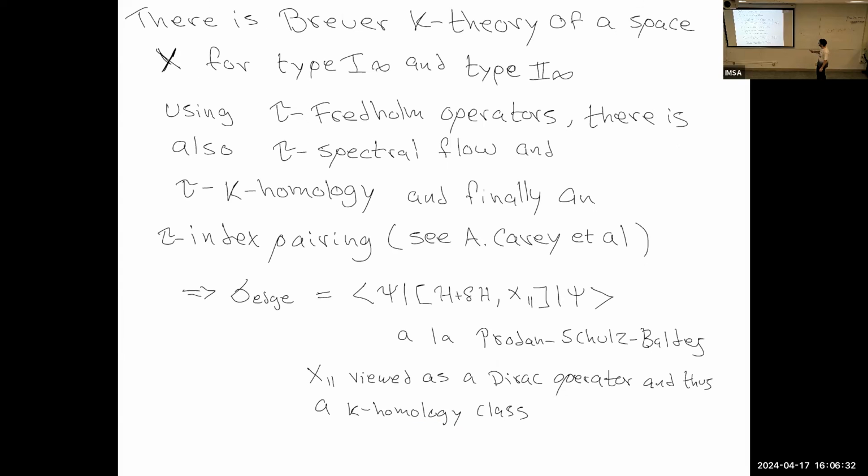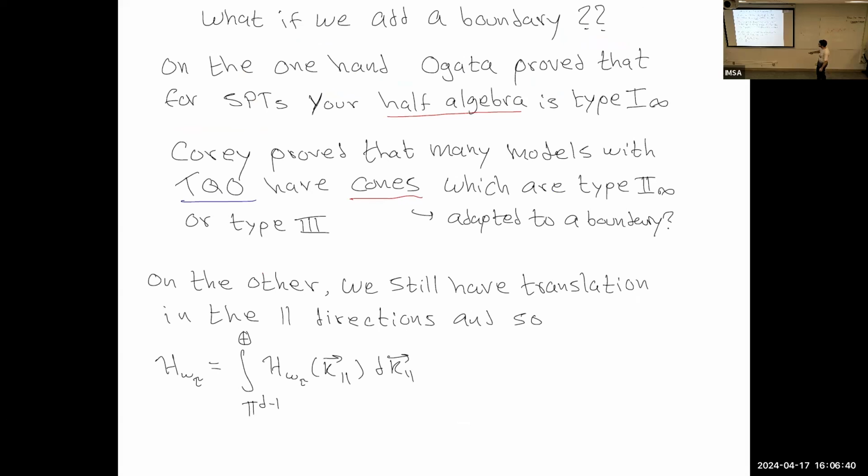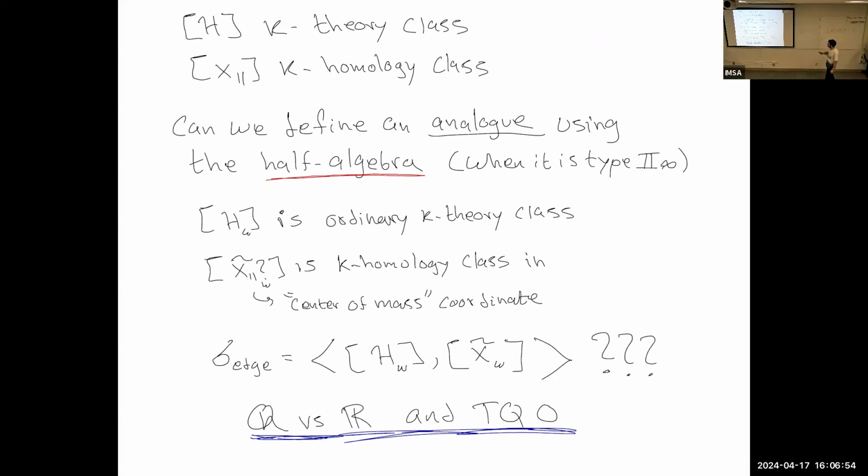The point is that to do this, you need a space to do it, right? And the space would be, in this case, the surface Brillouin zone, right? If you add a surface, you lose a direction of translation, but you still have translations in the direction parallel to the boundary. That would be your space, but you would have to do things with von Neumann algebras. Okay, so let me end here.